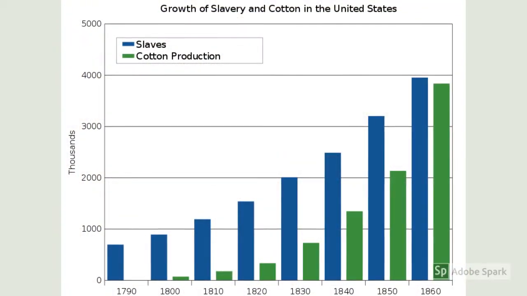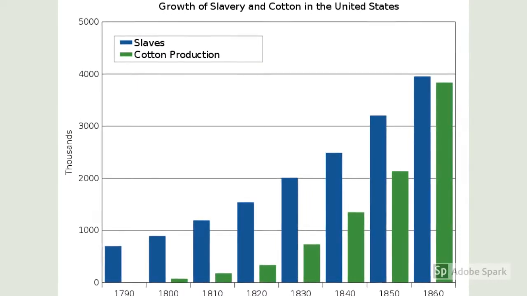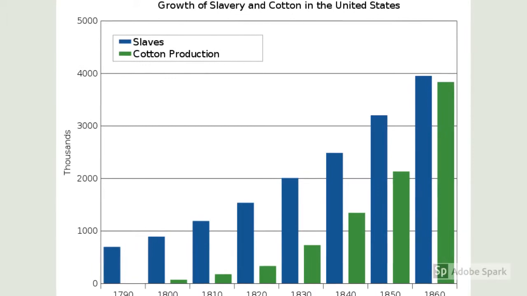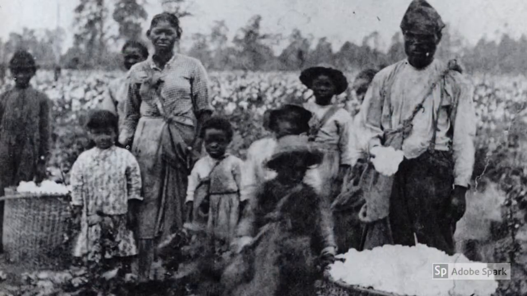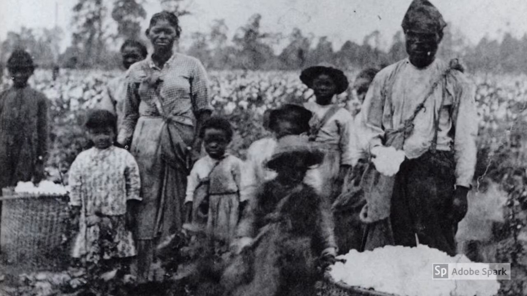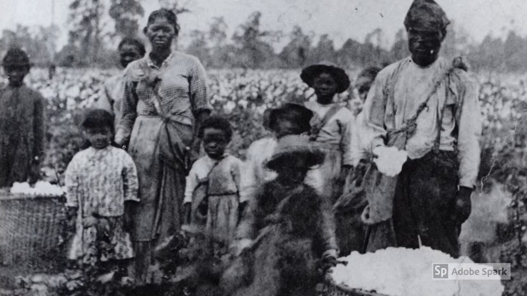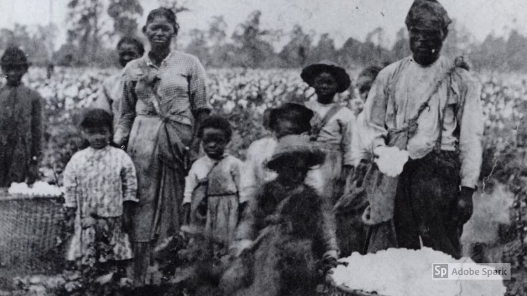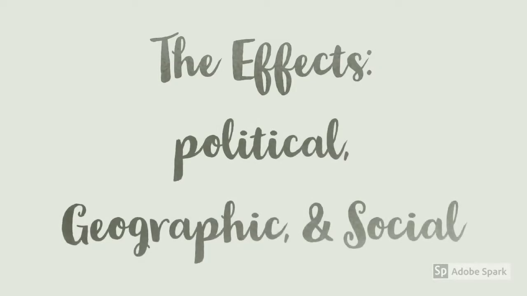Here you can see there was a significant increase from 1940 to 1960, with the amount of slaves reaching almost 4 million. This ended up being pretty brutal, back-breaking work that was having to be done by numerous slaves. Now the key point we really want to drive home here is that cotton gin wasn't just important